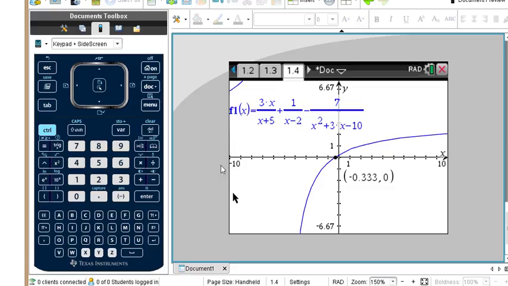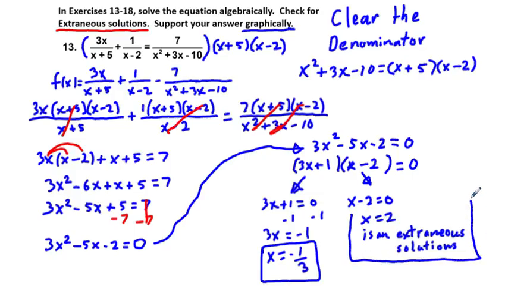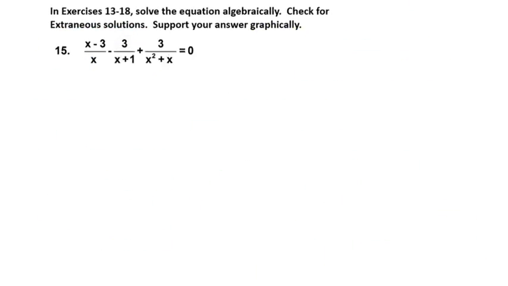So basically, when you solve it this way, you're looking along the x-axis for your real solutions. And so what this ends up being is a verification. And so we say our solutions are x equals negative 1/3 and x equals 2 also, but specifying that x equals 2 is an extraneous solution, one created in the process of solving the problem. Next on problem 15, we use the same principle, clear the denominator,